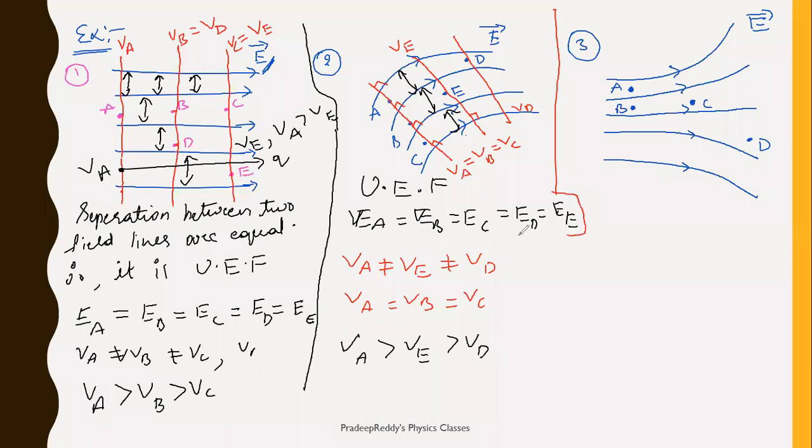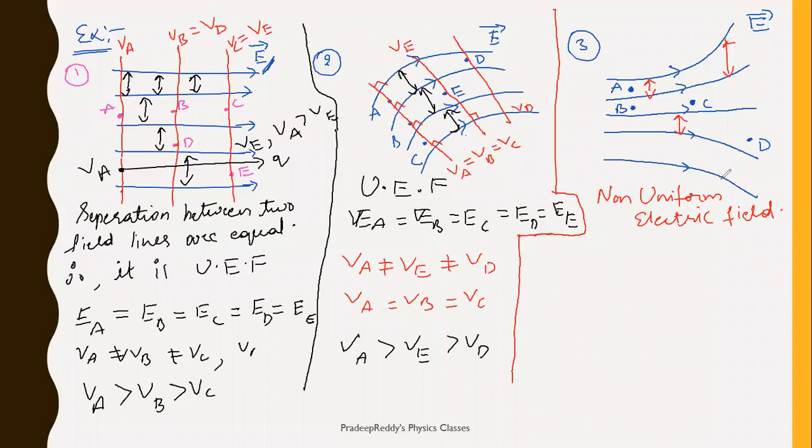Students, this part is very important for JEE as well as NEET, especially in theoretical questions. You will be tested on your conceptual knowledge by using these questions. Now coming to question number 3, the field lines, you can check it. Here and here, the separation is not equal, right? Therefore, what does it represent? This is a non-uniform electric field.